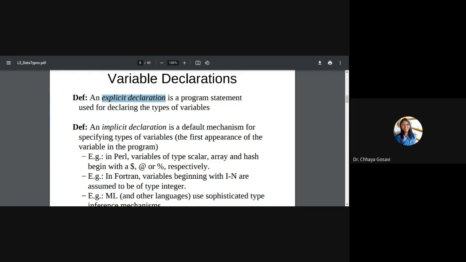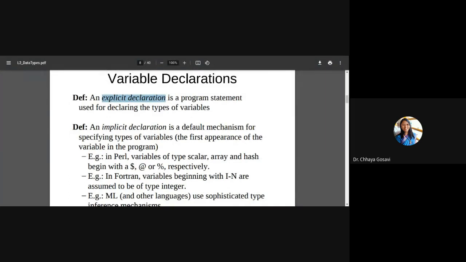Or can you tell me the advantage of explicit declaration over implicit? You understood implicit and explicit declaration of a variable? Yes, ma'am. Okay. So which one do you find easier, Python variables or Java variables?